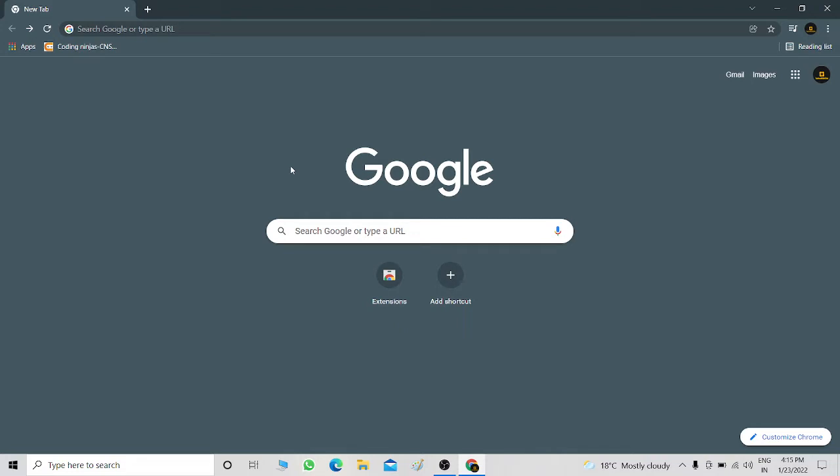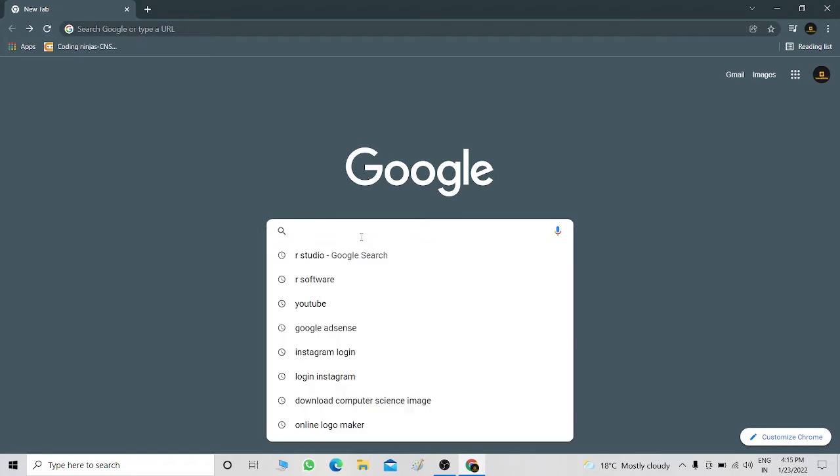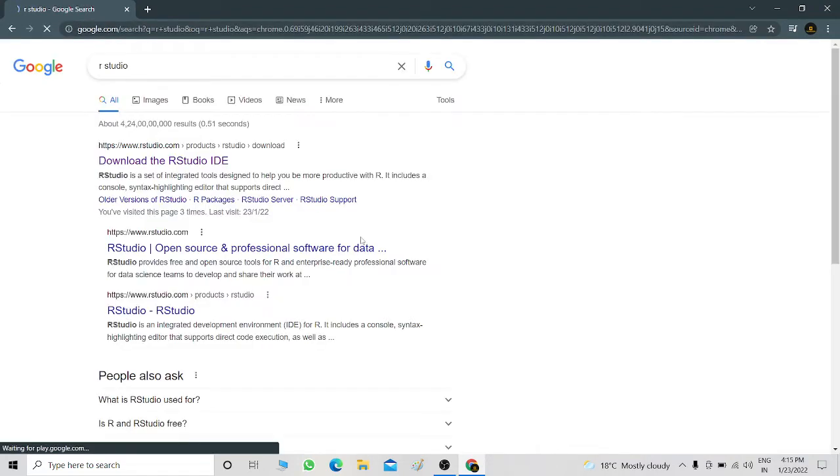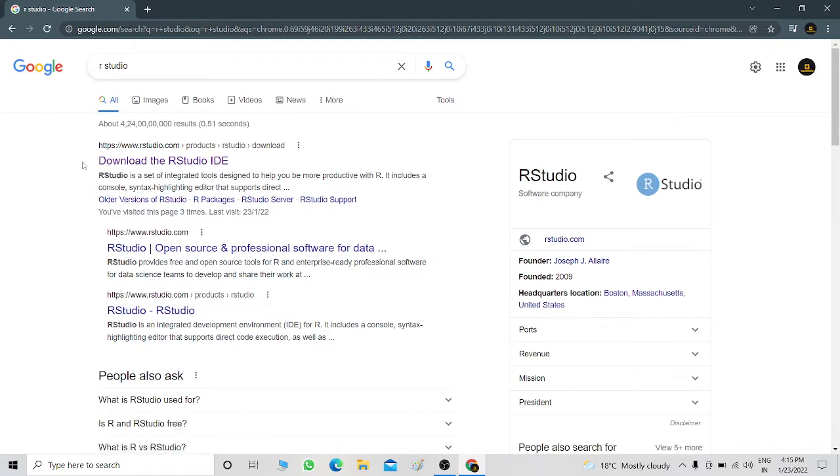Today I am going to show you how we can download RStudio and R software, and the full installation process step by step. First of all, I am opening Google, simply typing here RStudio, and then pressing the enter button, and here we can see